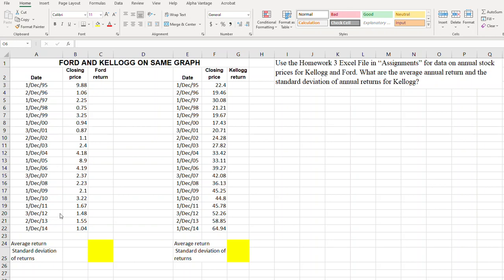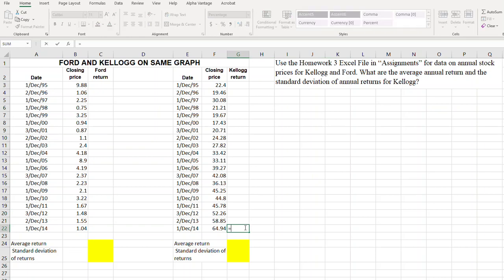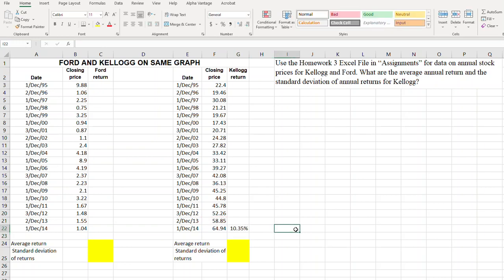So the first thing we want to note is that here are our most recent dates and here are our oldest. So it'll identify the direction in terms of newest to oldest. So we're going to take our newest, divided by the prior year, and subtract 1. You could also obtain the same result